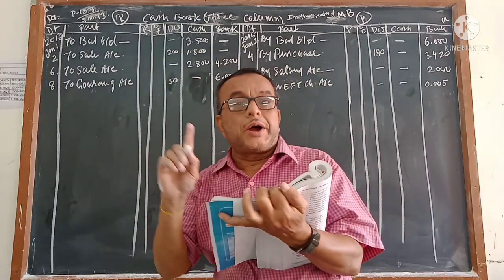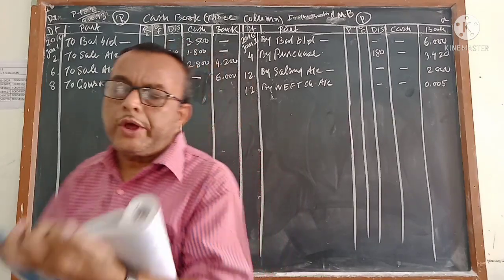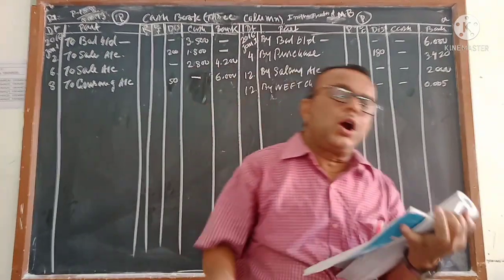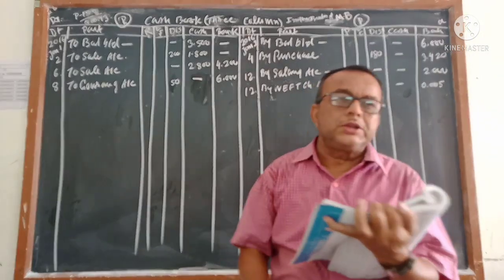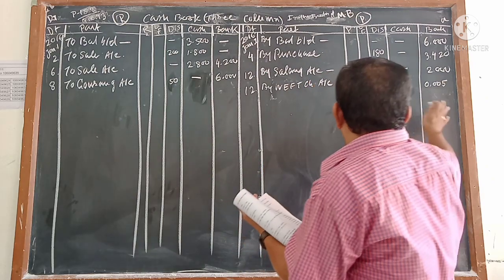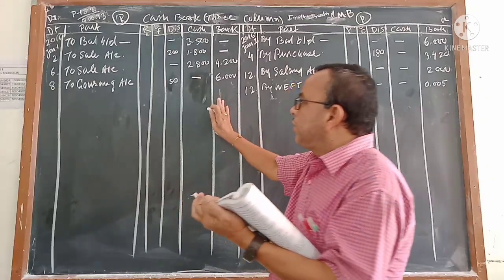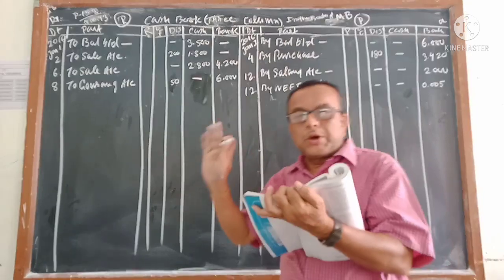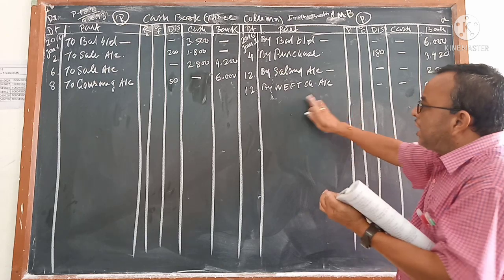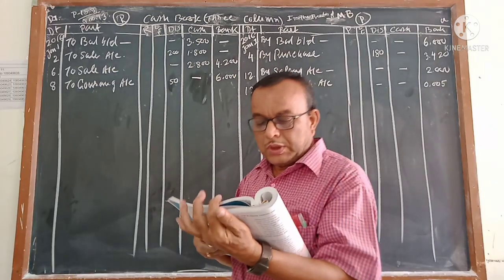So, if money is paid or received through RTGS or through NEFT, once again pay attention. If it is paid, it will go to the bank, not cash column. If it is received, also it will go to the bank column, not cash column. And how much you paid, that amount will come for what it is paid, and the charge will come separately. Number 12 is over.